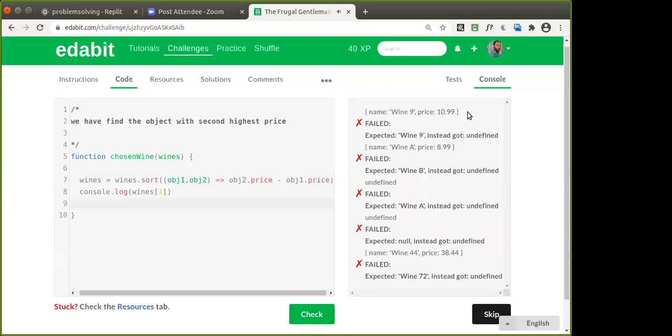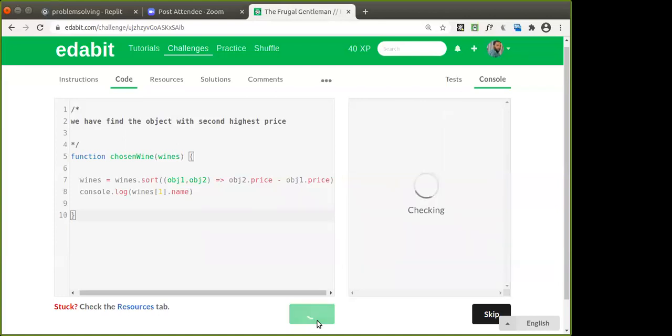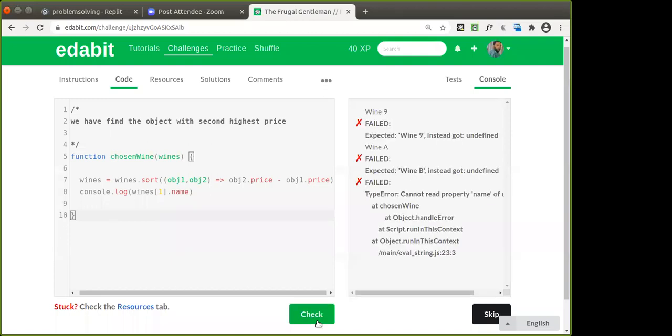Yes, we got the second highest one. Good. Now from that we want the name, so you can just give dot name. That would give you the value wine 9. Yeah, it is giving us the name of the wine that has the second highest price.